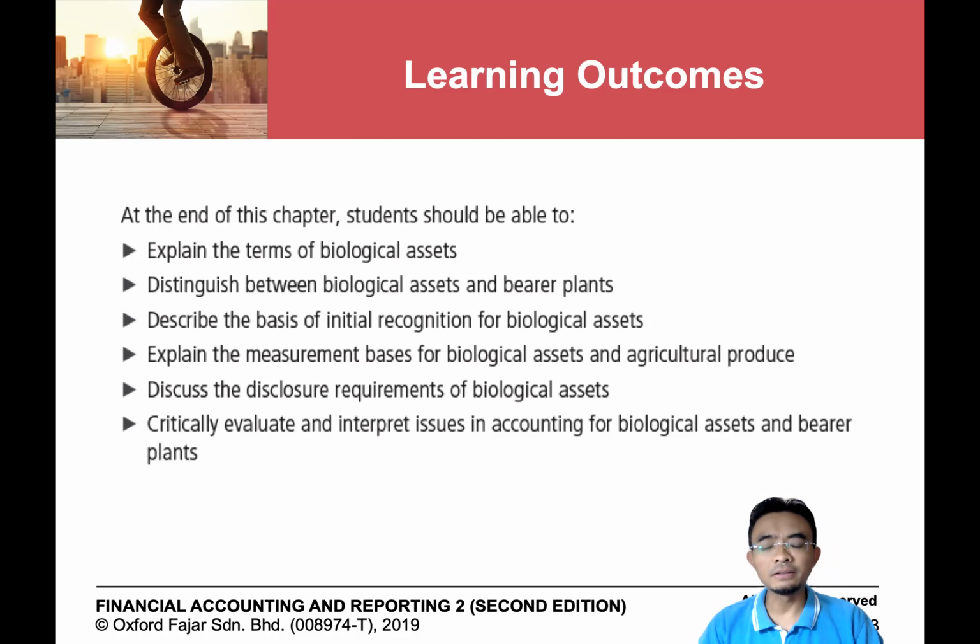Biological assets normally only apply to companies that produce or raise living animals and plant trees and so on. So MFRS 141 applies to some of these kinds of